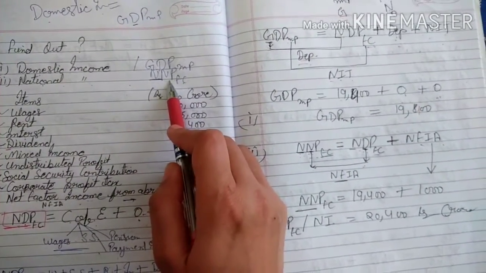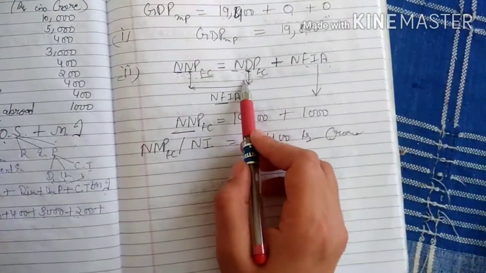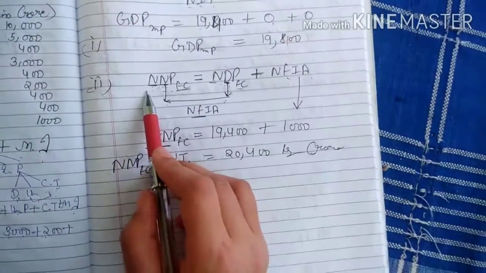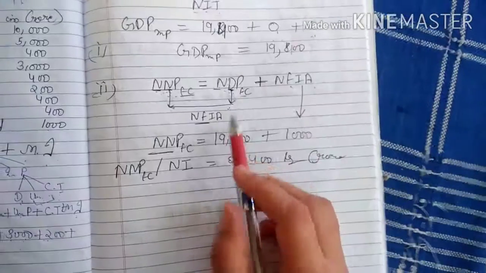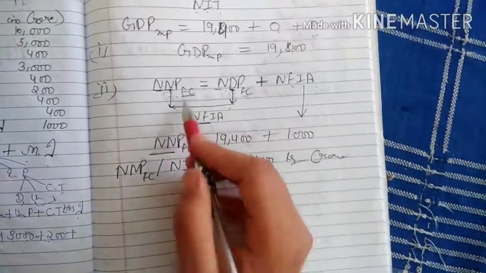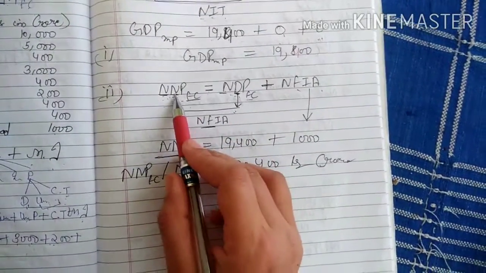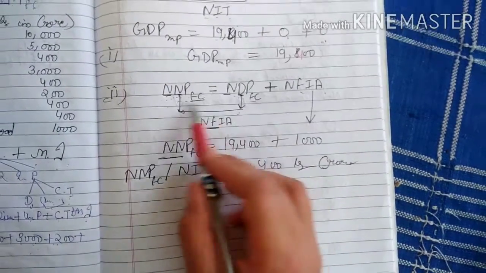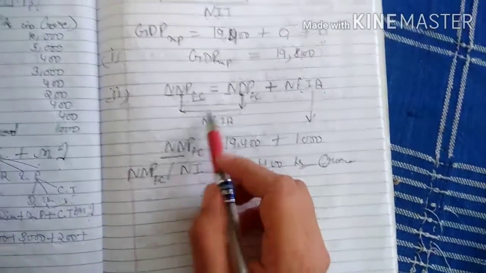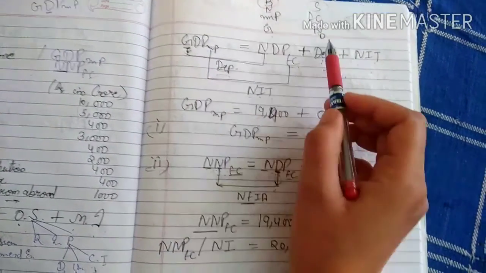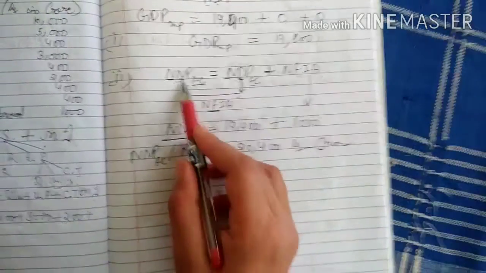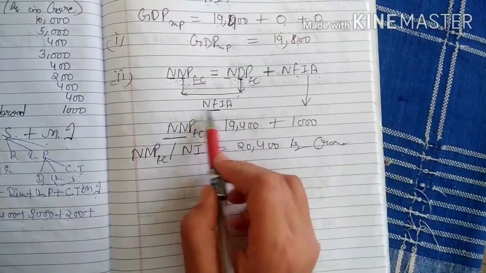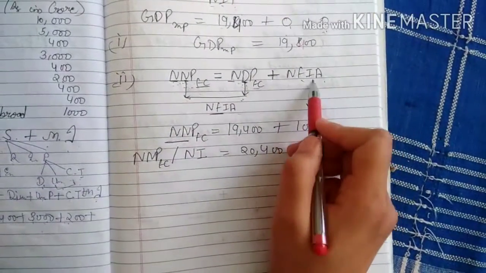Now second one is national income. National income is denoted by NNPFC. So again we have NDPFC, right? We have NDPFC and the question asks NNPFC. So that's why on the left hand side NNPFC and on the right hand side NDPFC. Now see difference: first N and N same. Second one is different, here is N, here is D. N means national, D means domestic, right? So N is big, D is small. So it means in D we add the difference. Now national and domestic having difference of NFIA, net factor income from abroad. So that's why we add the NFIA.